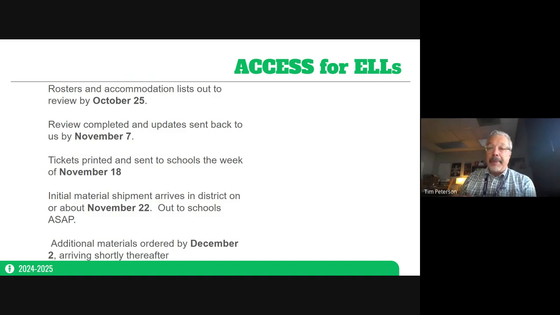So there will be, based on IEPs, a list of students who will be getting the alternate access. There will also be other accommodations listed there.